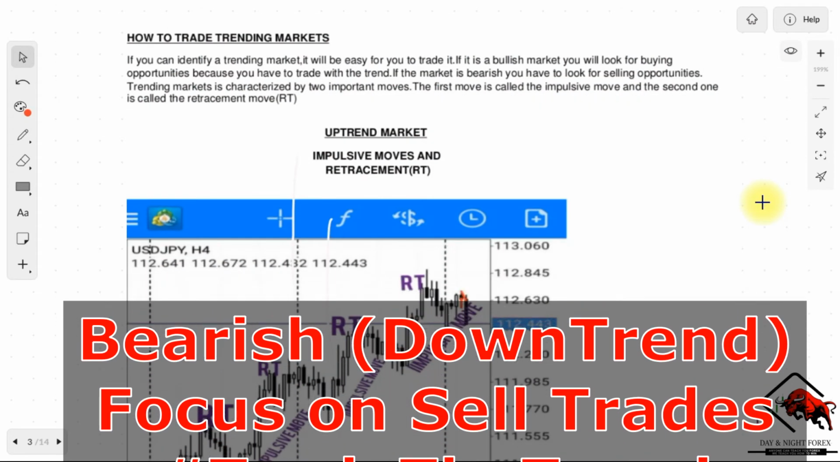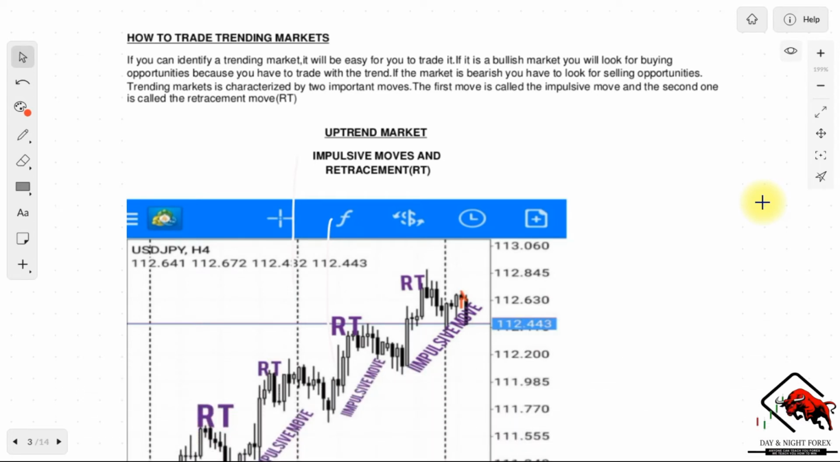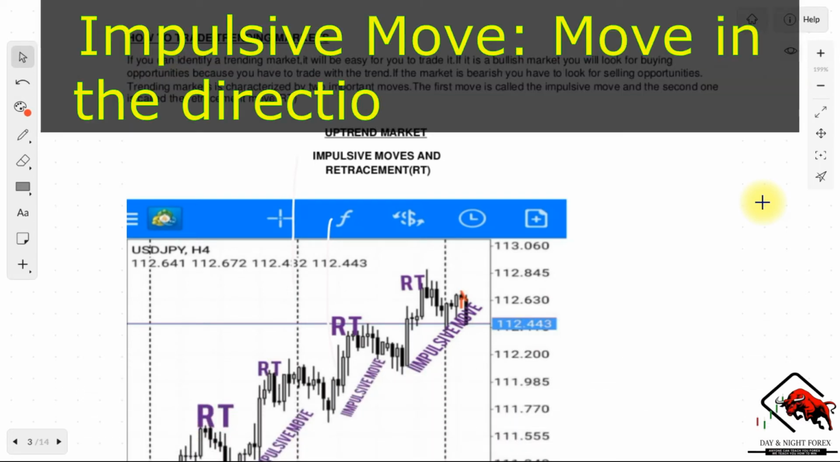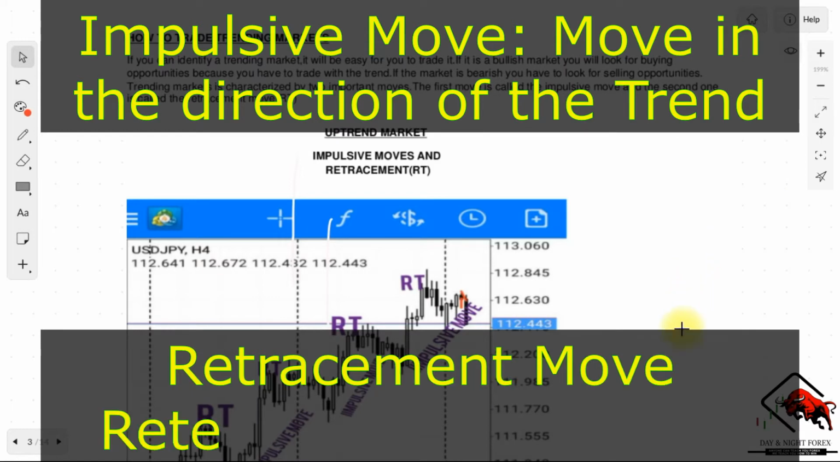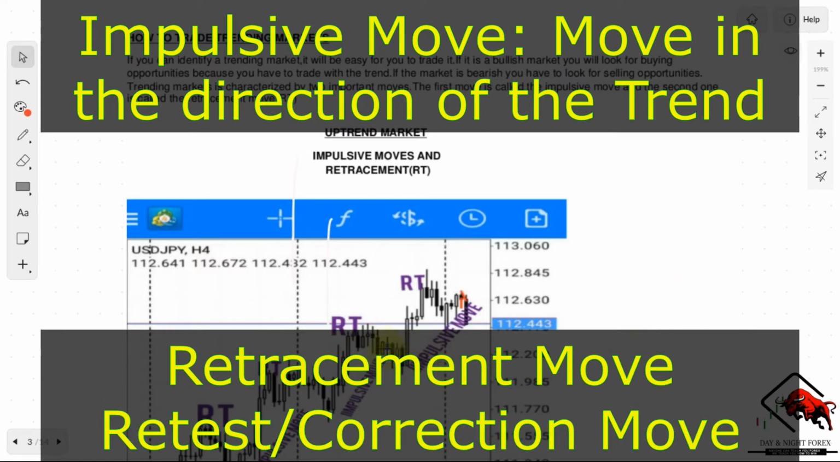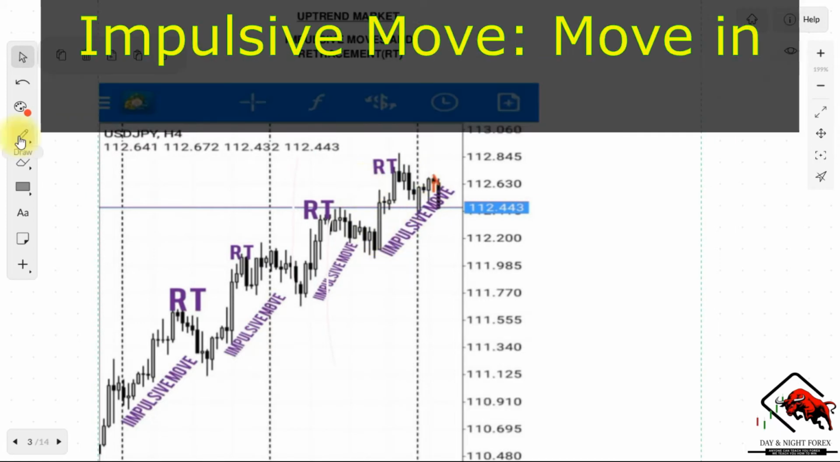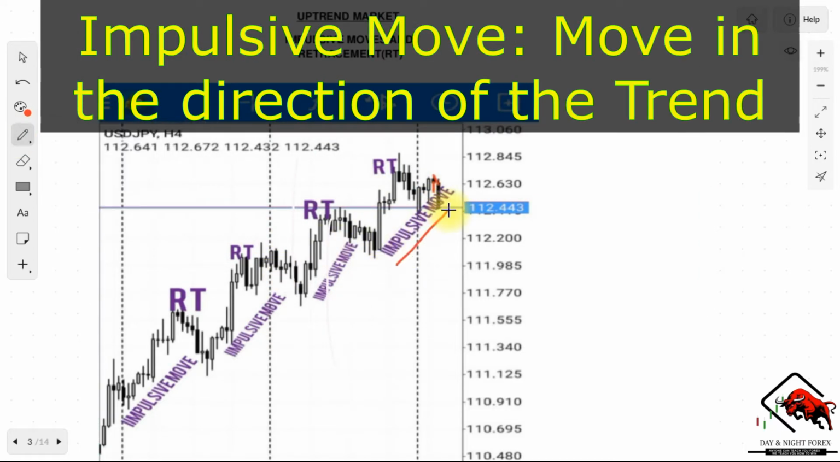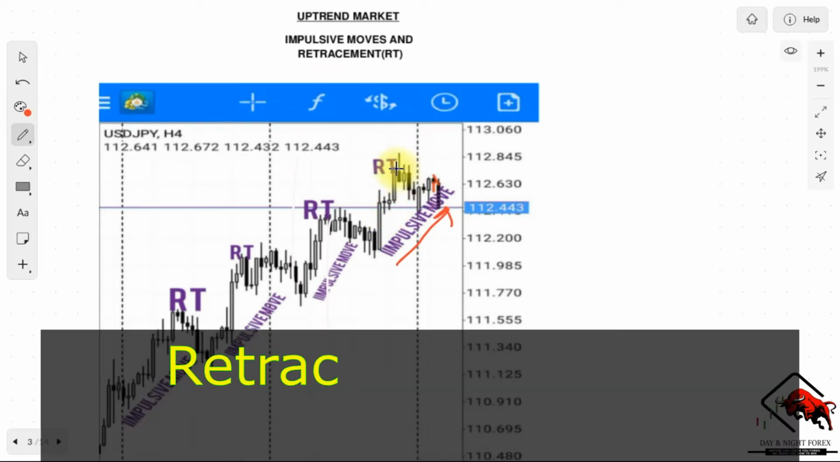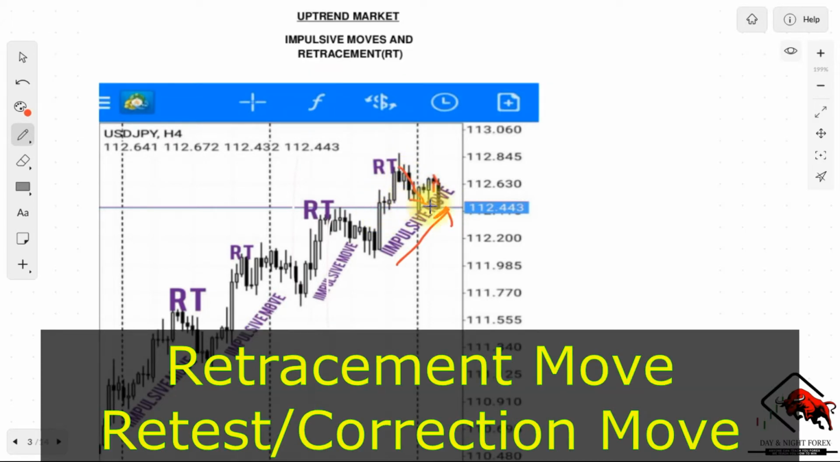Trending markets are characterized by two important moves. The first move is called the impulsive move, and the second move is called the retracement move. The retracement is also called a correction, which is this move that you're seeing right here. The impulsive is the move in the direction of the trend. So that is the overall move in the direction of the trend. And then the retracement is this short correction right here, which in an uptrend is the